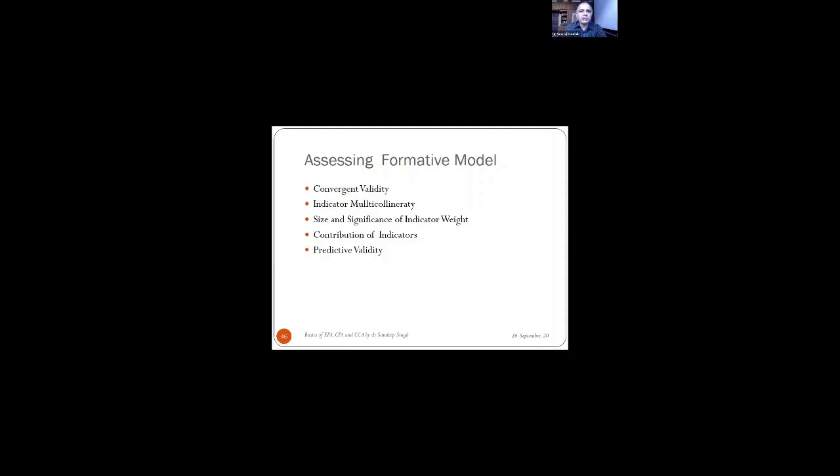High multicollinearity will send out some of the statements. Remember, here one statement is representing one indicator, so if multicollinearity is there, they may be kicked out. Next, we look for the size and the significance. Size means the beta perspective, from -1 to 1, beta ranges between this, and significance means whether the p-value is less than 0.05 or not. Then comes the contribution of the indicator, which may be taken in terms of R square, or even otherwise how much they are contributing. Effect size is another one. And then there is predictive validity.